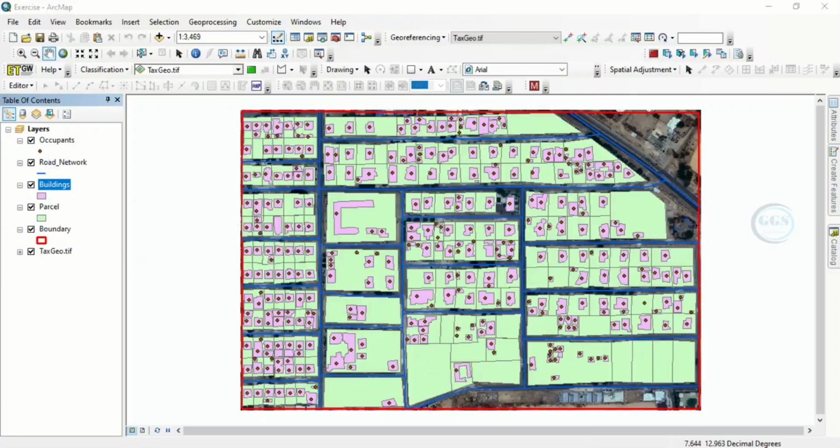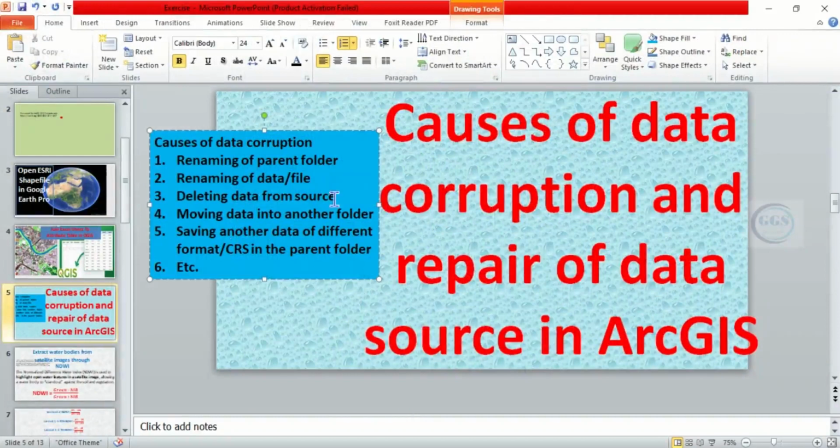So these are various ways that data corruption is caused and how to repair the data source in ArcGIS. And of course, we have the remaining ones, moving data into another folder, saving another data of different format or CRS in the parent folder, and so on.